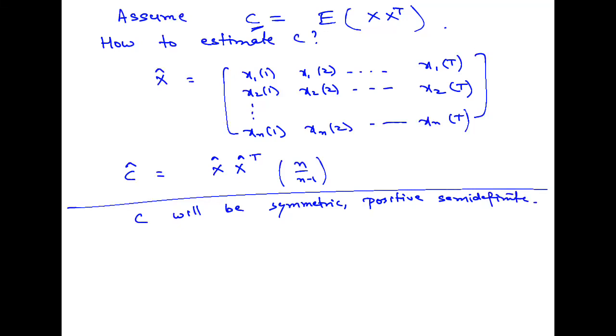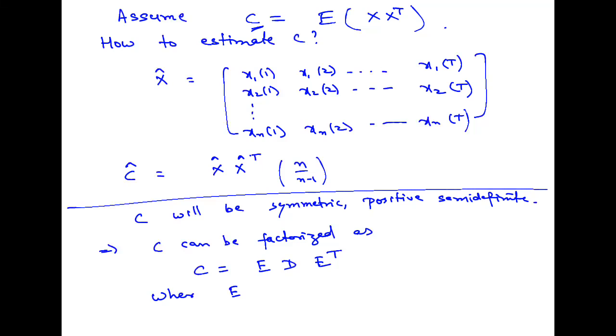So if any matrix is symmetric, positive semi-definite, this implies, and I'm again not going to prove it, we just state it, it can be factorized as E D E transpose,